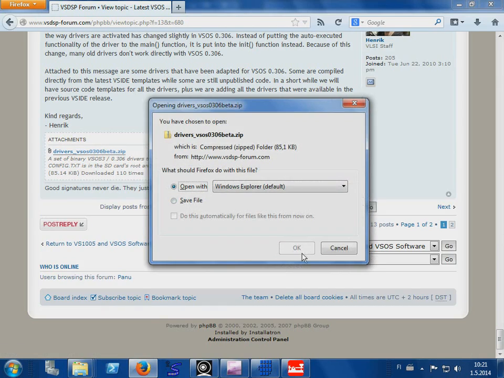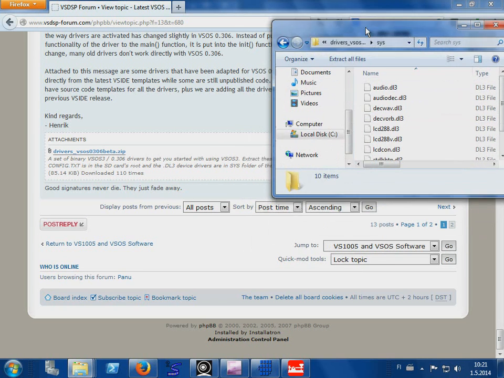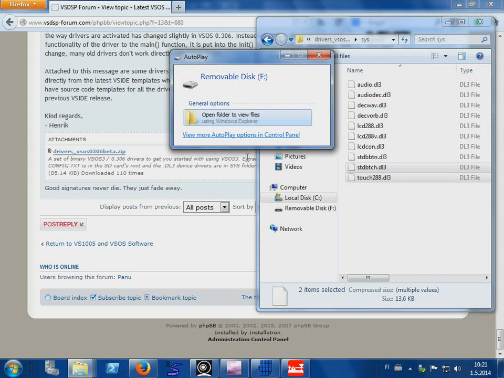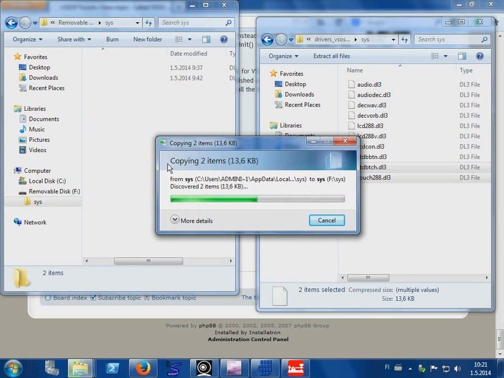There's a collection of some drivers, and here in SYS we have these two drivers, the touch screen driver, and the standard button driver, which uses the touch. Reset the board once again so we can see the flash, and into the SYS copy these two drivers,